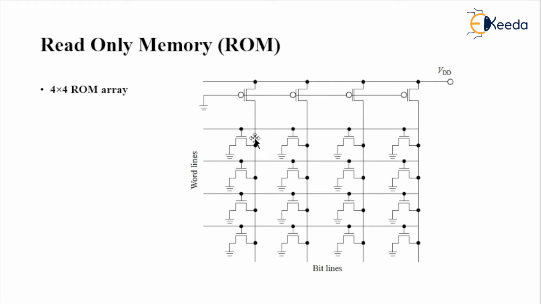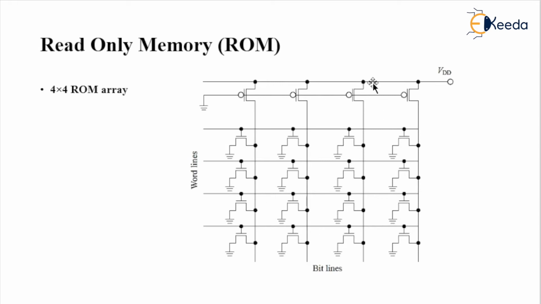Recall our CMOS alternative forms. Under those CMOS alternative forms, recall pseudo NMOS logic. See here, the structure shown here, represented in a 4 cross 4 ROM array, is placed in a pseudo NMOS logic. This total structure was connected in the form of pseudo NMOS logic.